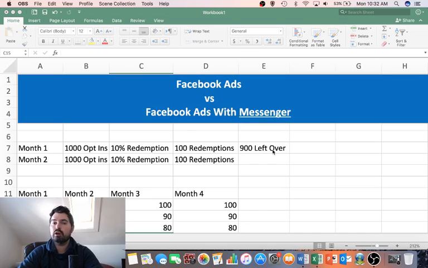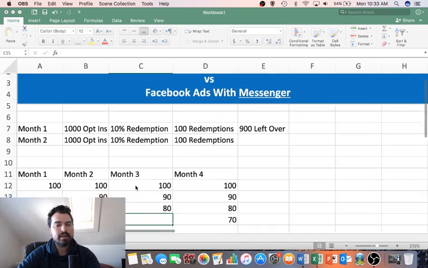With Messenger, through our automated sequences, we can actually send them a follow-up message as soon as that coupon has expired, asking them, for example, "Hey, we noticed you wanted the buy one, get one free coupon, but we saw you haven't used it. Would you like another one? Yes or no?" And if they click no, they're unsubscribed. But if they click yes, it's going to automatically loop them back into the sequence to remind them of the coupon and get them to come back in. And you haven't spent any additional money for that. So it kind of works in a stacking component.